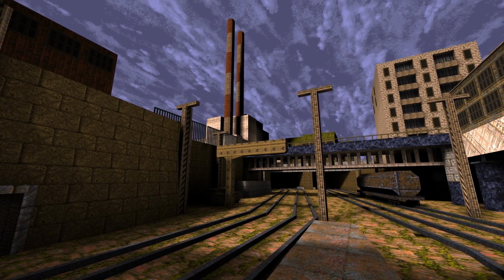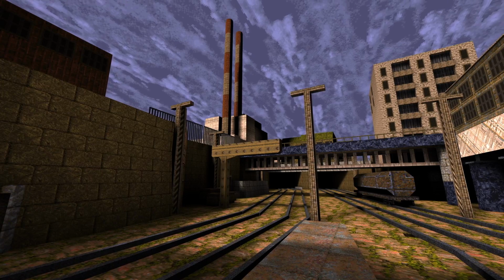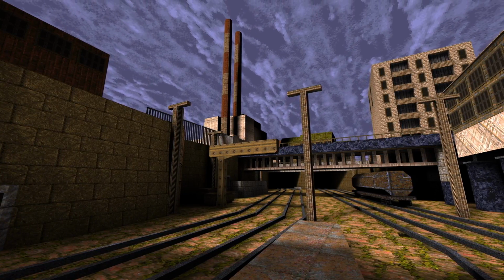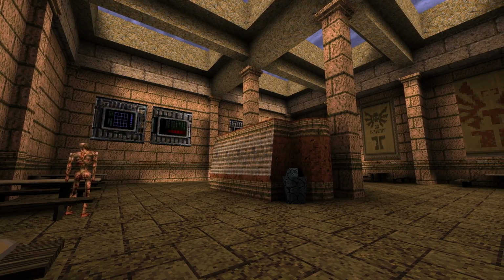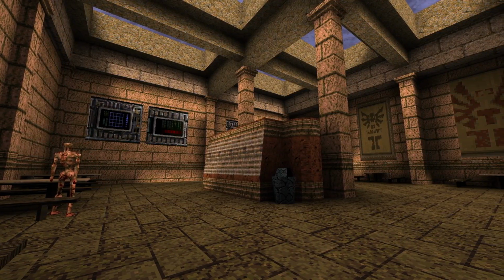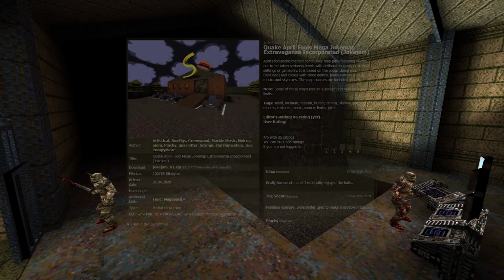Another day, another recreation of Half-Life in another engine. I just love this sort of stuff. Today we're taking a quick look at a map that recreates the introduction maps from Half-Life 2 inside the Quake 1 engine. This map was made by Scampi and was made as part of a mapping jam called Joke Jam